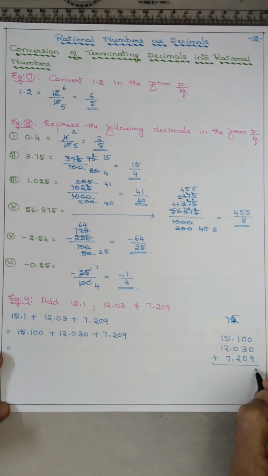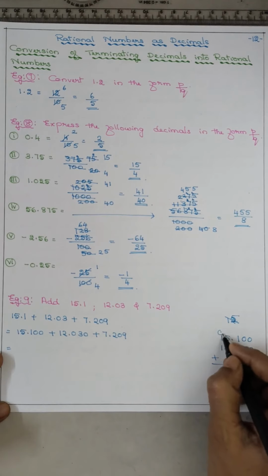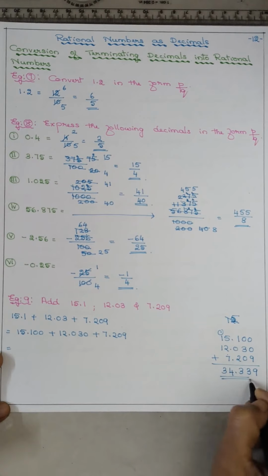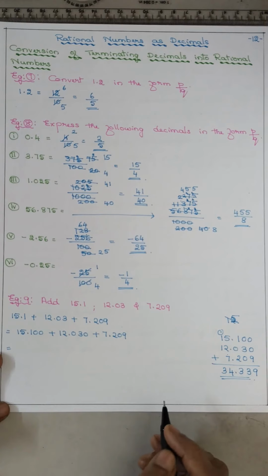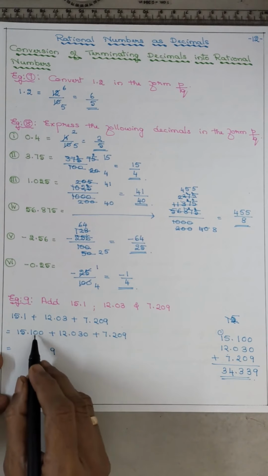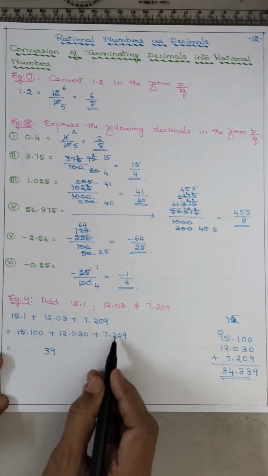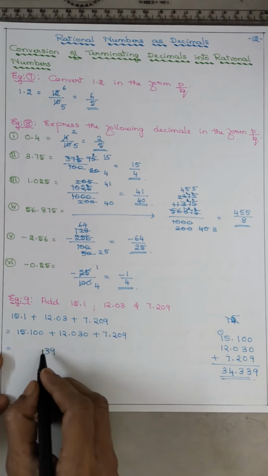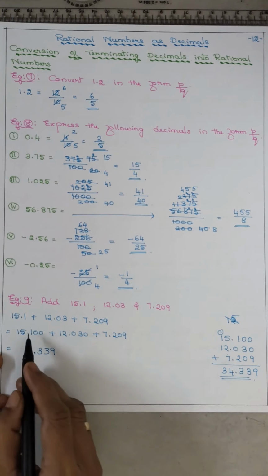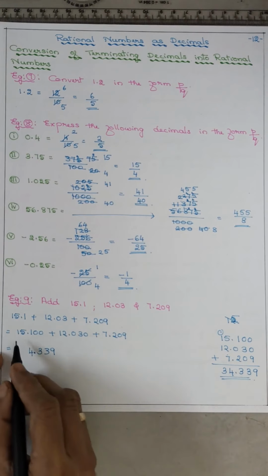So it is 9, this is 3, this is 3, and 7, 7, 14, 1, 2, 3. 34.339. Now horizontal method, how we have to see? 0, 0, 9, 9, 0, 3, 0, 3, 1, 0, 2, means 1 plus 2 is 3. Now 5 plus 2, 7, 7 plus 7, 14, 1, 2, 3.